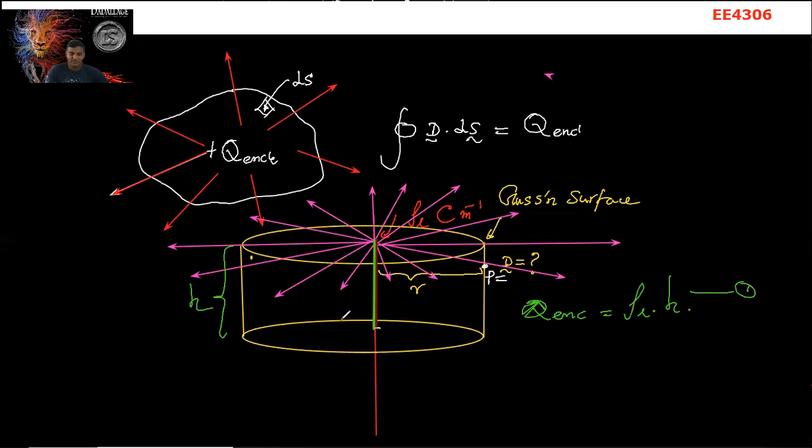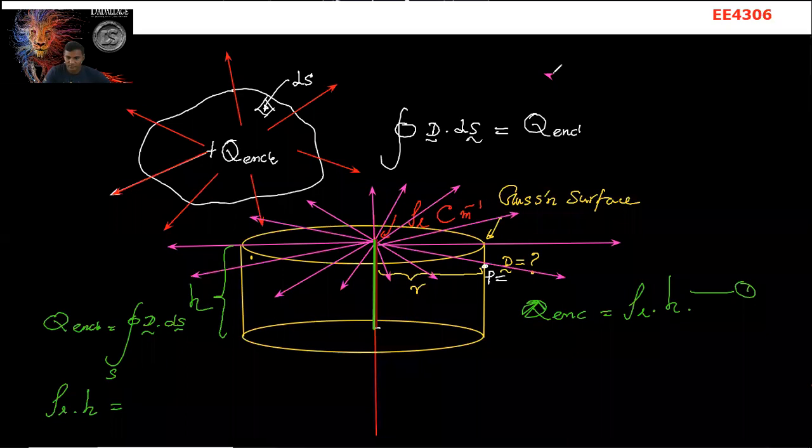With the support of Gauss's law, you can now write the total charge enclosed. You have to do the surface integration over the selected Gaussian surface, D dot dS. So Q enclosed equals rho L into h, and D